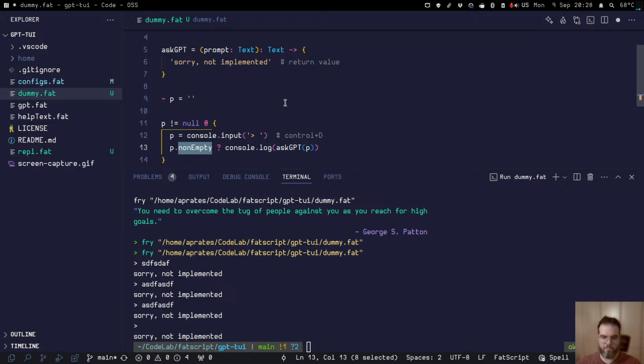There's a lot of features on each kind of type. So basically we know that P is a text because that's what I initialize it with, and it's also the return type of console.input. And then here, basically if it's non-empty, I try to ask GPT, otherwise I just loop through,